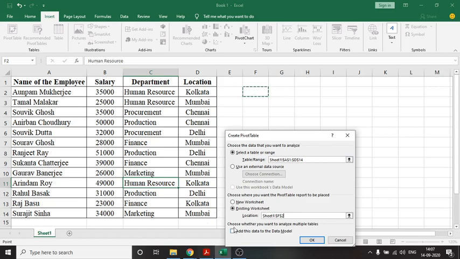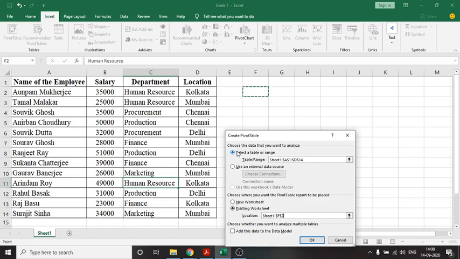Okay. And what it is saying next, choose whether you want to analyze multiple tables. Then add this data to the data model. No, I don't want to analyze multiple tables. We are working with only this single table, so no changes to be made.